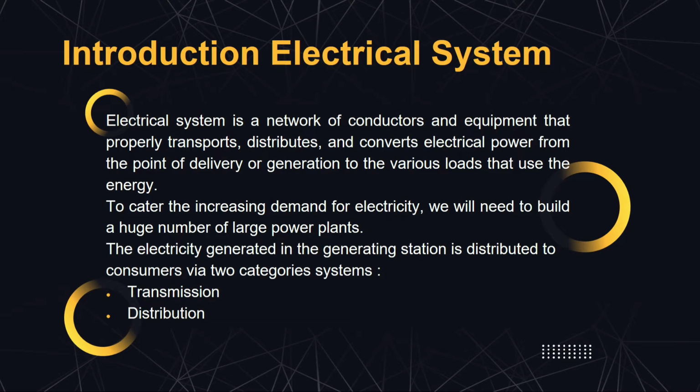Next, the introduction of electrical system. The electrical system is a network of conductors and equipment that properly transport, distribute, and convert electrical power from the point of delivery or generation to the various loads that use the energy. To cater to the increasing demand for electricity, we will need to build a huge number of large power plants. The electricity generated in the generating station is distributed to consumers via two category systems, which are transmission and